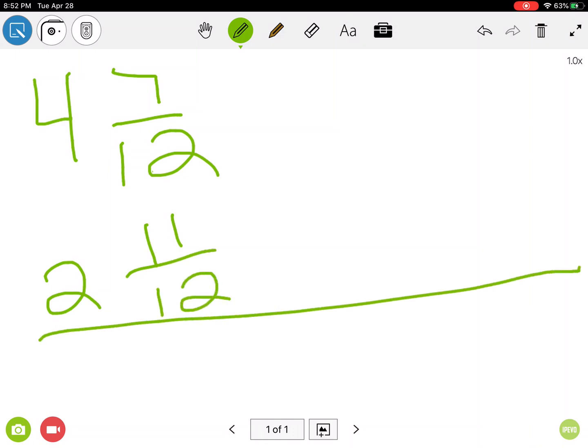Okay. Now I'm doing it on this board because it gives me a little bit more room. Now I do away with borrowing. And if you want me to show you that, I will. I'll do it on a Zoom with you. But for this, I see that the book really wants us to stick to what I call the Orlovsky way. I name it after Mrs. Orlovsky. But I'm going to show you how to do it. Basically, I'm going to take my mixed number, which is a whole number and a fraction, and I'm going to change it